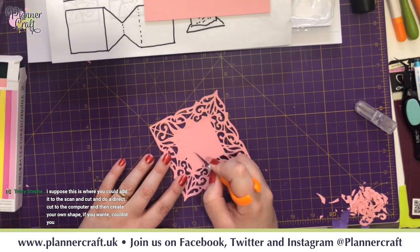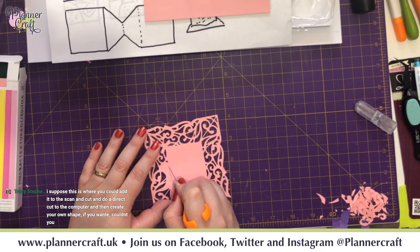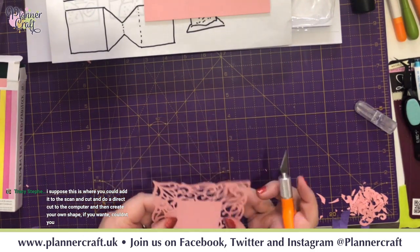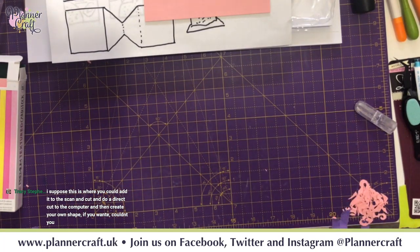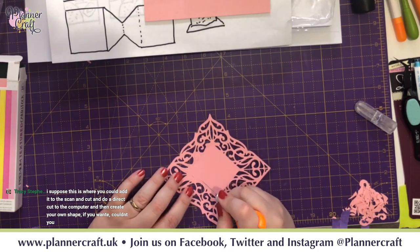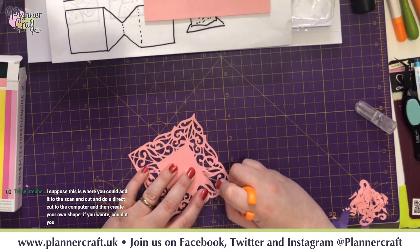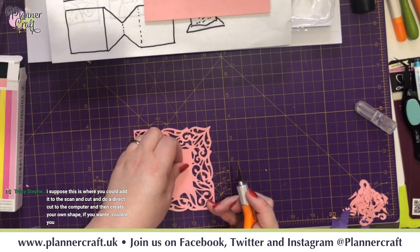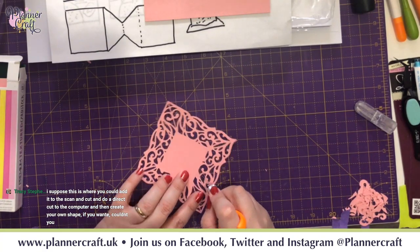Joe says, I suppose this is where you could add it to the scan and cut and do a direct cut to the computer and then create your own shape if you wanted. Couldn't you? Right, okay, it depends on the policy of the die. So, the reason I show you the partial die cutting is for those dies where you can't scan them in. Otherwise, if the company are happy for you to scan it in,